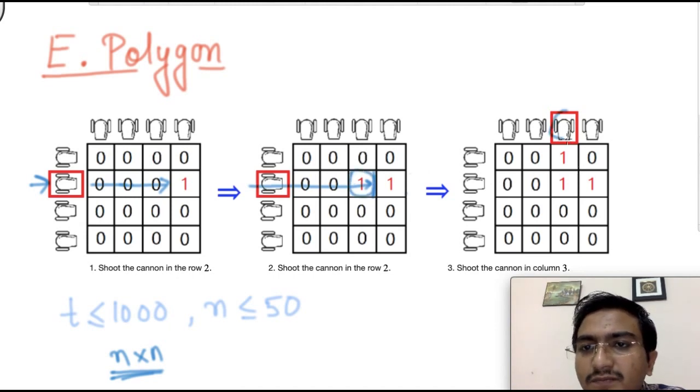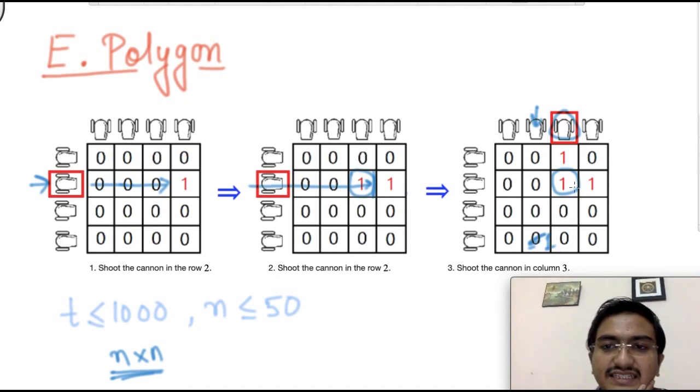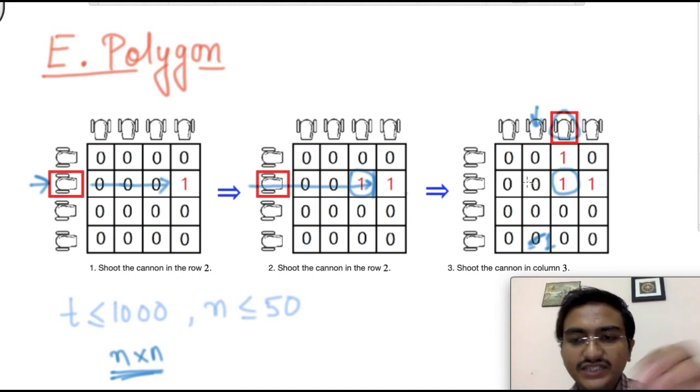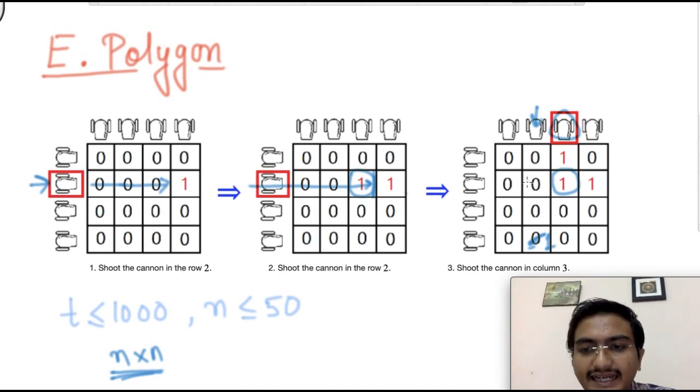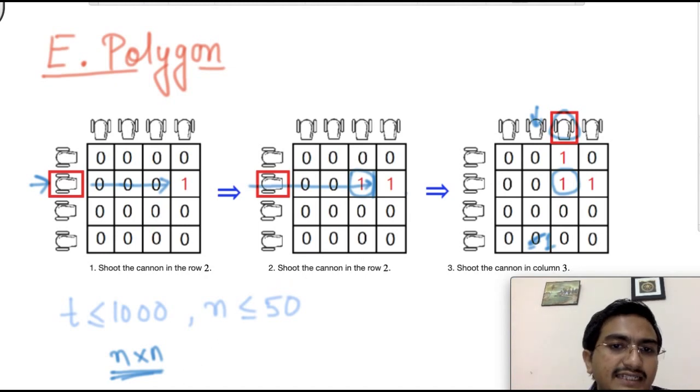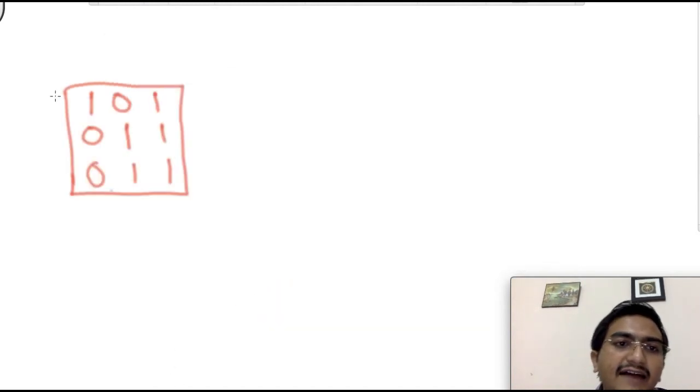Similarly, when the top one fires, it will also go till one or the boundary. Suppose this one fires, it will reach 1 here, right? So it will fill 1 here. And then a final configuration was given to you. You have to find whether the training actually happened or not. So if you see carefully, now if I have a configuration as such, then if you just see